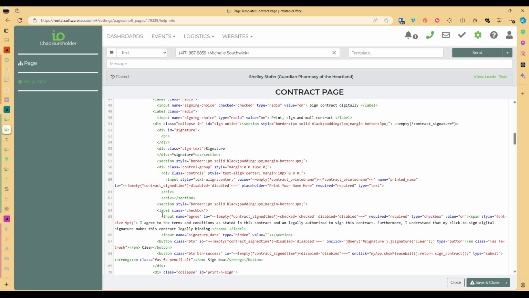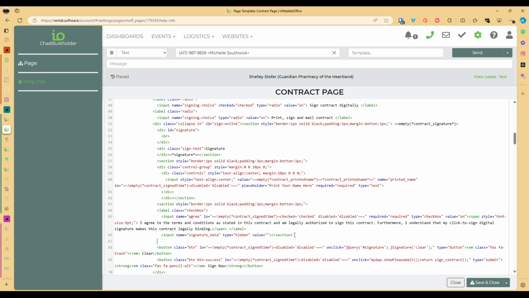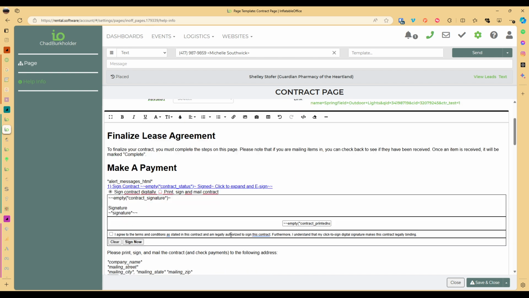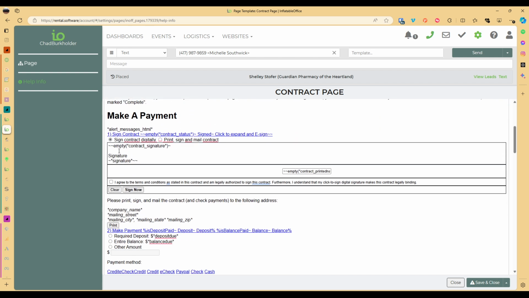Okay, not just any input. Not this input, but the input that says signature data, hidden, value, like that. We're going to come just before button, add it, and then just after button. And once we do that, we should have no red where the green is at. Okay, so now we're going to check it. So we'll come back up here to code view, come back to the regular, and now you see I have